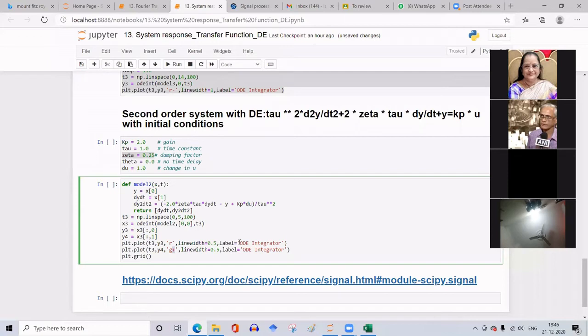This is actually, I will call it Y3. And this as Y3 dash, which is the first order derivative of Y3. I'll enclose it within double quotes, Y3 dash. Okay. Now let me run these two cells.